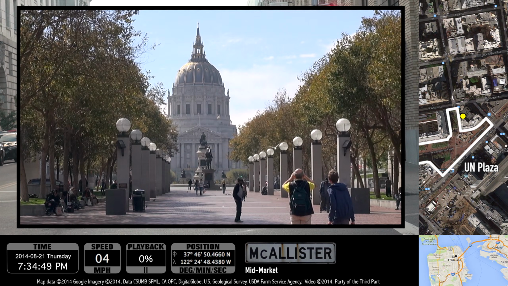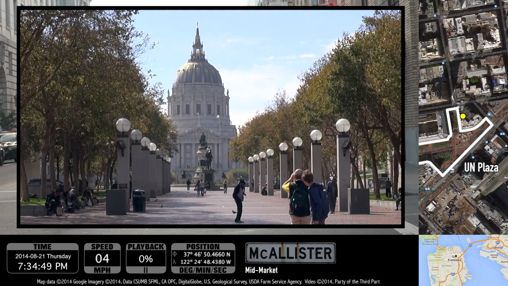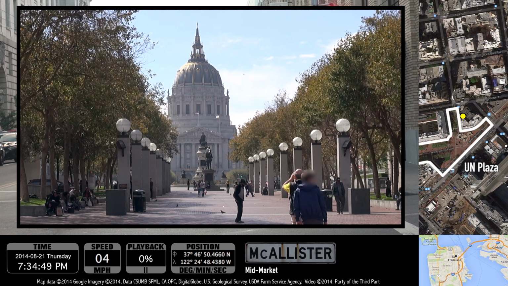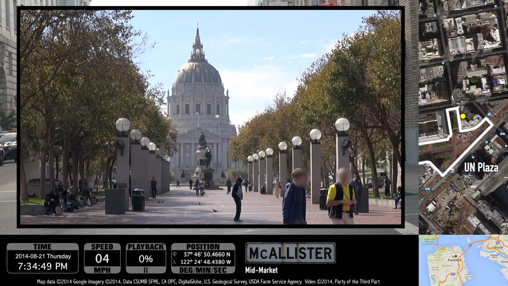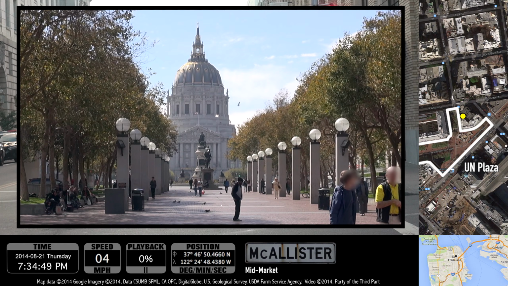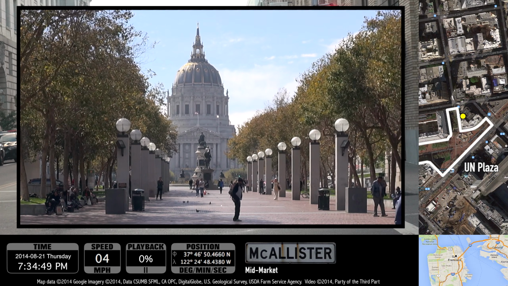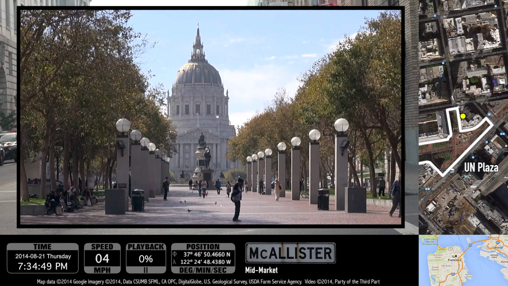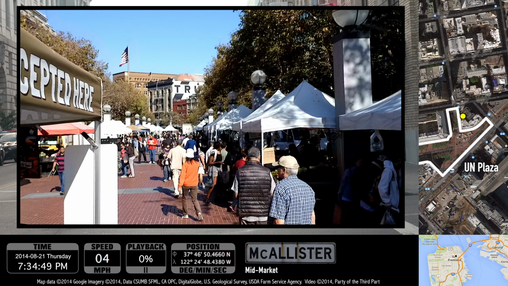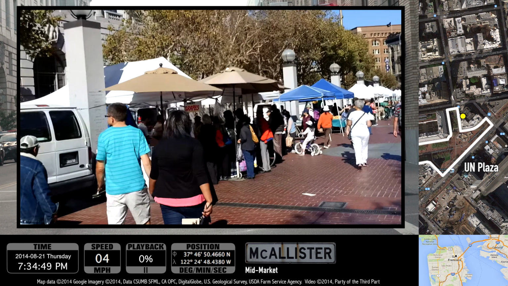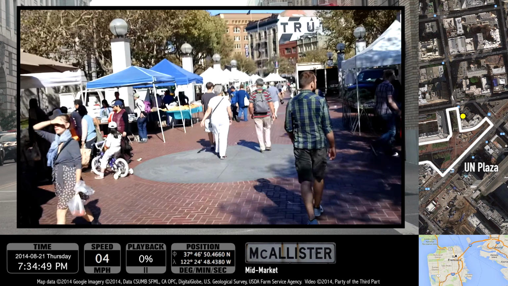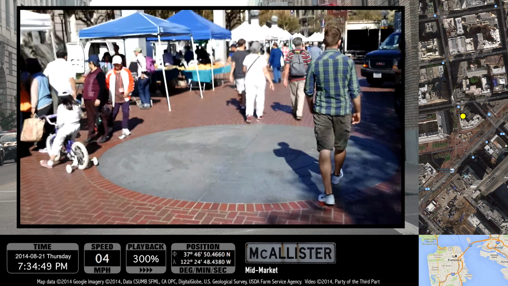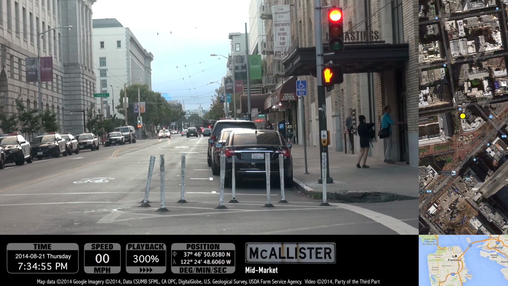It was originally designed as a monument for the United Nations because the original UN Charter was signed at the War Memorial Opera House, which is about 2 blocks west of here. The tall monuments have the names of the member nations engraved on them. Despite its problem with the homeless, various festivals and parades do take place here. And there's a farmer's market every Wednesday and Sunday, so it's not all terrible. Well, let's get back on track, regardless of what the GPS says.